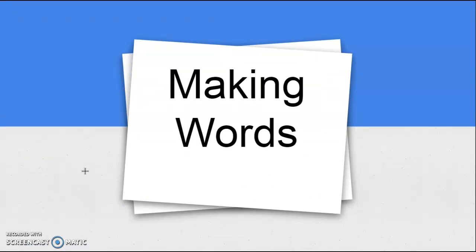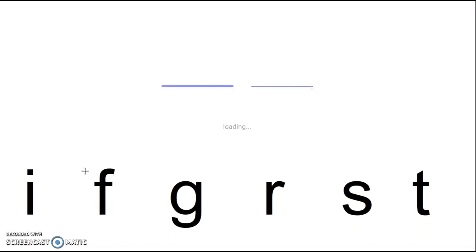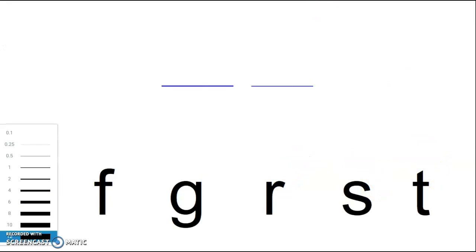Making words. In this part, we will be making words using the letters that we just reviewed. Let's begin. Our first word has 2 letters in it. And remember, the letters that we are choosing from are the letters that we just went over: I, F, G, R, S, T. Our first word is